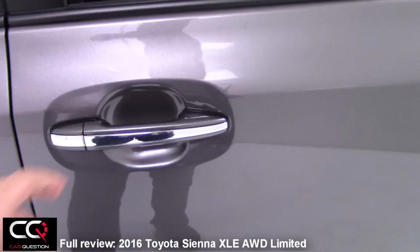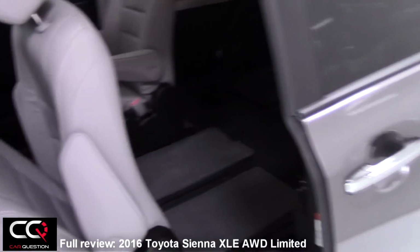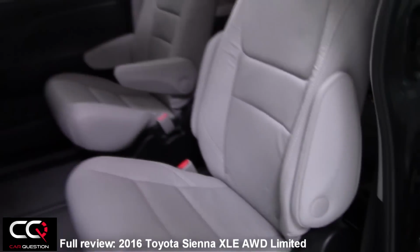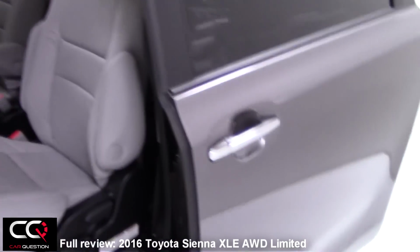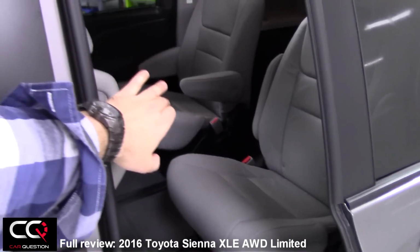So with the back here, let's open the door. Oh, the seat was not properly placed. I'm gonna simply retract it a little bit. There you go. Huge space to step in, and look how low it is to get inside the car. I just love that. And by the way, if you close the door and you put your hands in there,